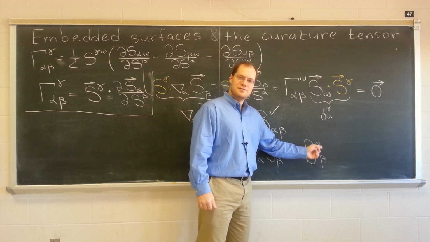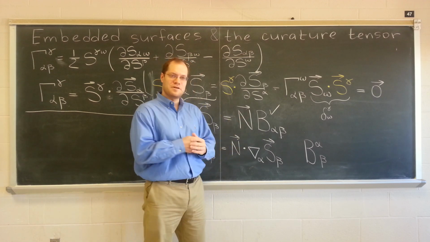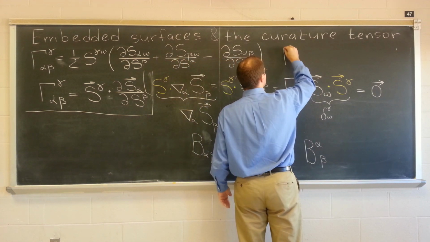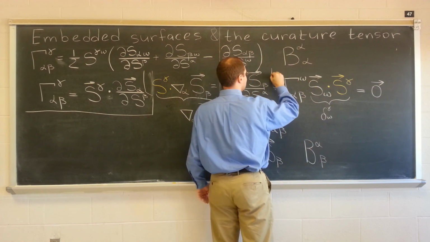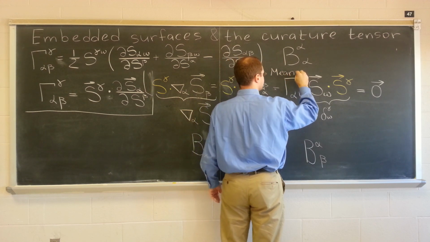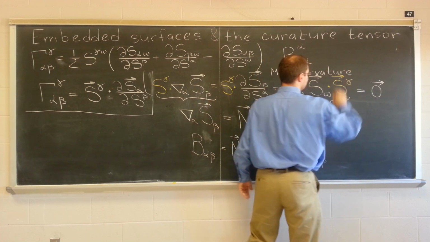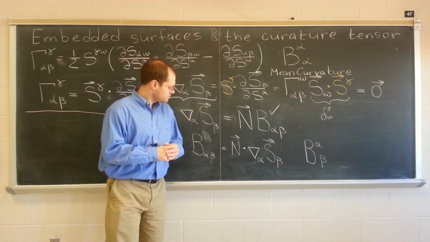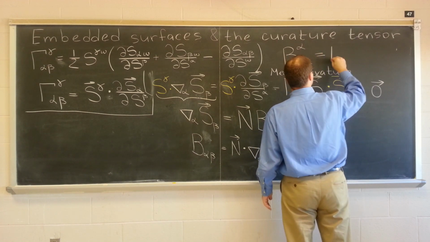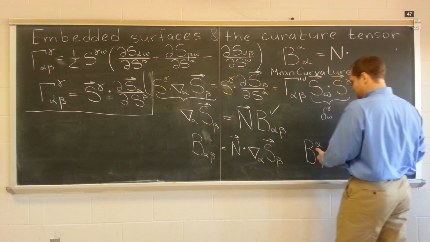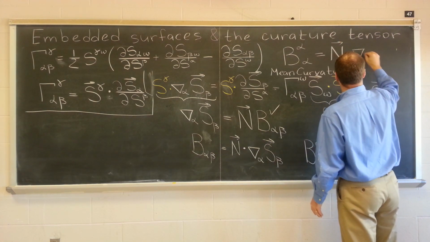And of course, we can now contract on these indices. And because we're in the tensor framework, what we get for free is the invariant property of the result. So B alpha alpha, probably my favorite object, is known as mean curvature. I usually don't write too many words on the board, but this one needs to be written. And of course, if you need an explicit definition, well, just the fact that it's a contraction of this is an explicit definition, but it might be useful to also write this formula,